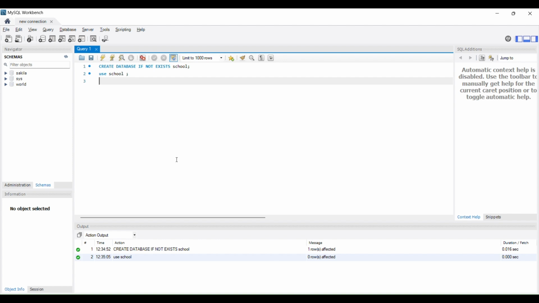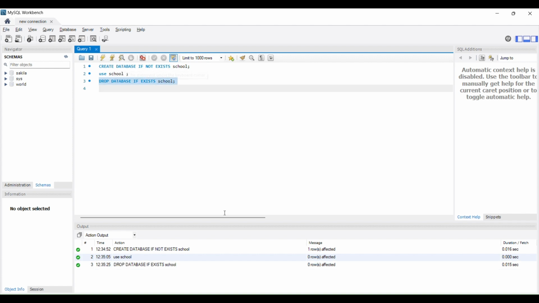After that we have to write a query for drop database as DROP DATABASE IF EXISTS school. Then we have to select it and run it. Here you can see that our query has run successfully. In this video, this is how we saw how to create a database in the another